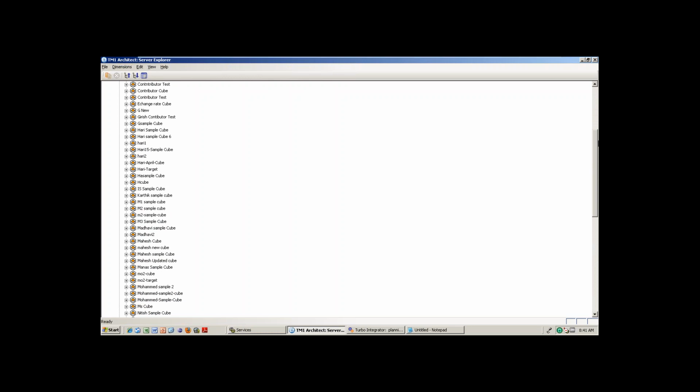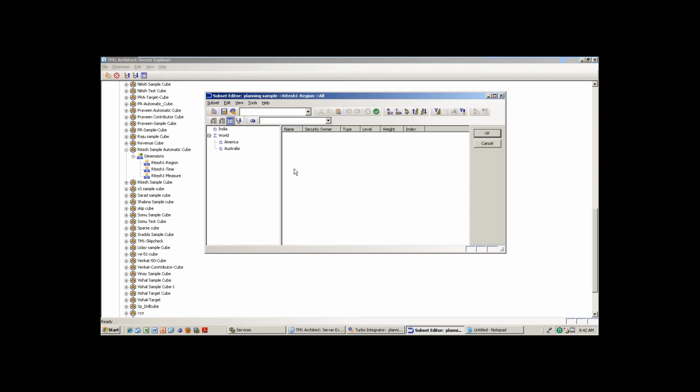Automatic sample cube, whatever you create, you gave the name. See this. So the dimension is automatically created. See, region. Just check whether it is created properly. See, because in that CSV file, world is the parent, India, America, Australia data.